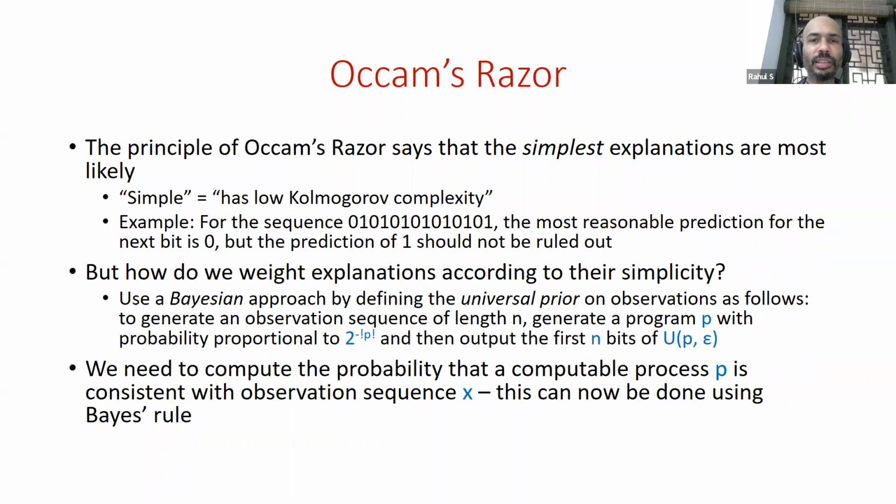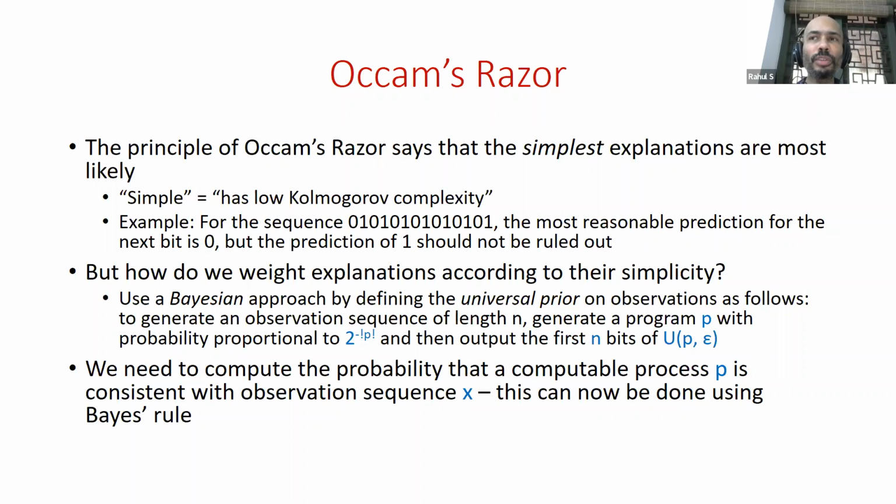Okay, thanks for that. So we're going to explore this Occam's razor principle. What's Occam's razor principle? It's something that's been used in science historically, which is that simple explanations are to be preferred. The simplest explanation is perhaps most likely. And the great thing about congruent complexity is that it gives us a very conceptually appealing notion of what it means to be simple. Simple can be defined to mean having low congruent complexity.